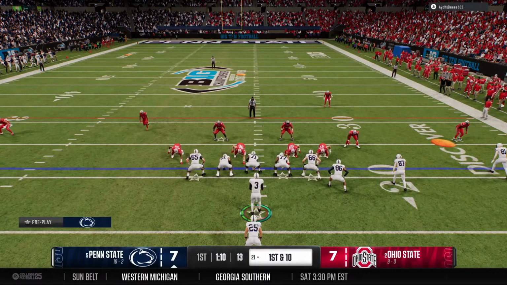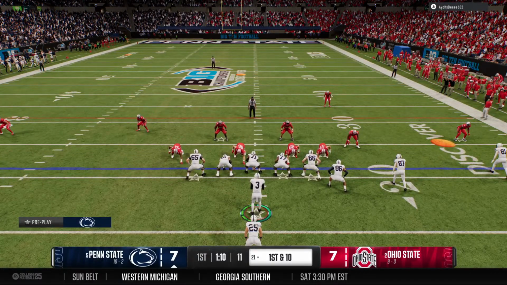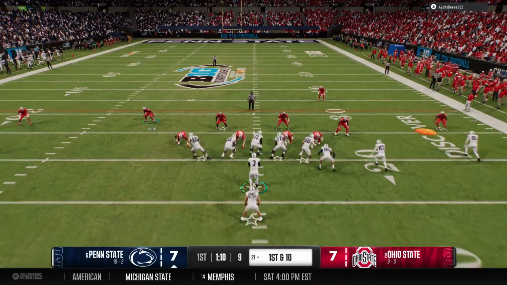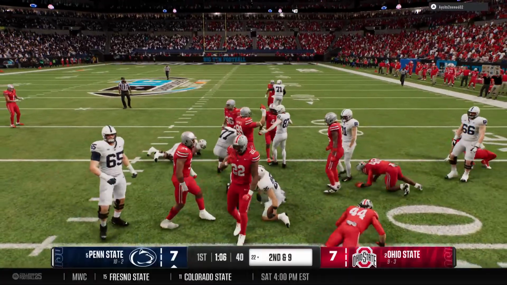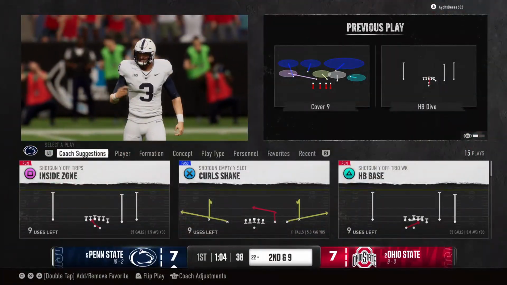They're coming off a quick 3 and out, so looking to put something together on this drive with a little more urgency. Ball handed off. Stopped after a small gain. Now looking at 2nd and 9.